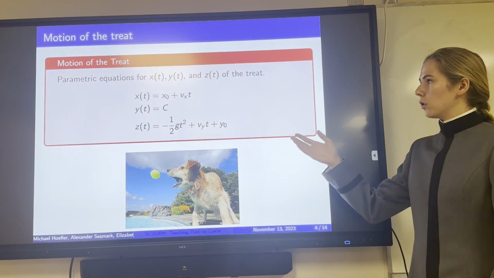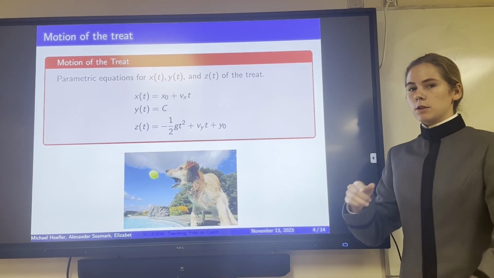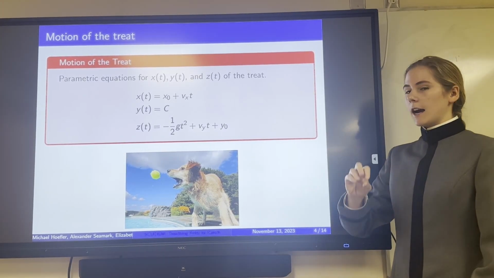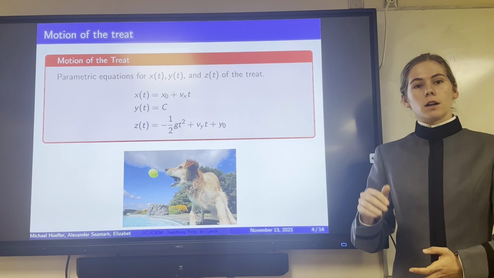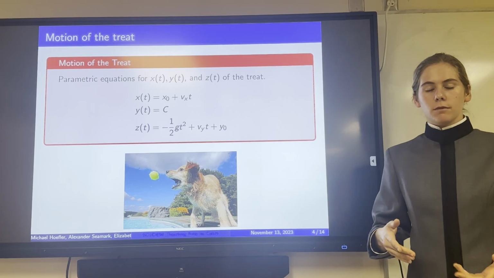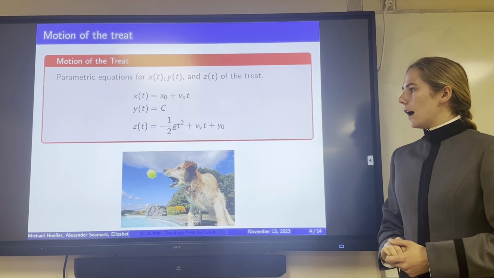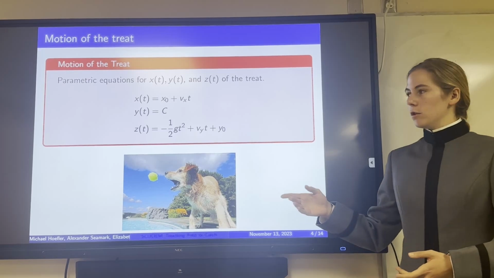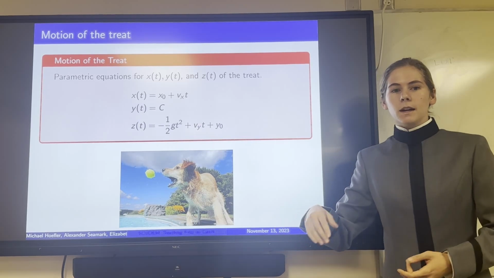First, we model the motion of the treat using parametric equations. So we have x of t, y of t, and z of t to model the 3D locations of the treat. For the x of t, it's the x position of the treat plus the v sub x of t, which is the x velocity of the treat. For the y position of the treat, we assumed that it was a constant c as we defined in our variables, and that's to just simplify the model, and the treat's always going to be along that direction. And then lastly, for the z of t plane, it's the model for projectile motion, so negative 1/2 g t squared plus v sub y of t plus y of 0, and the g is negative 9.8 meters per second squared,